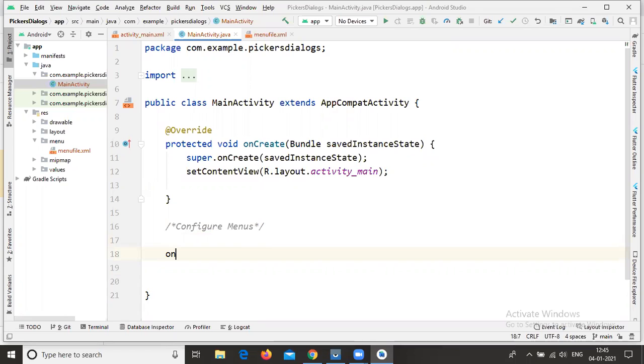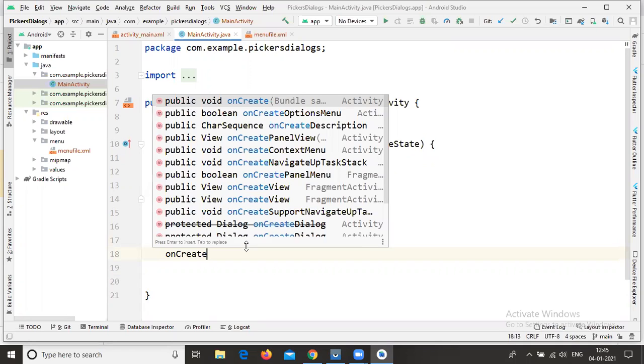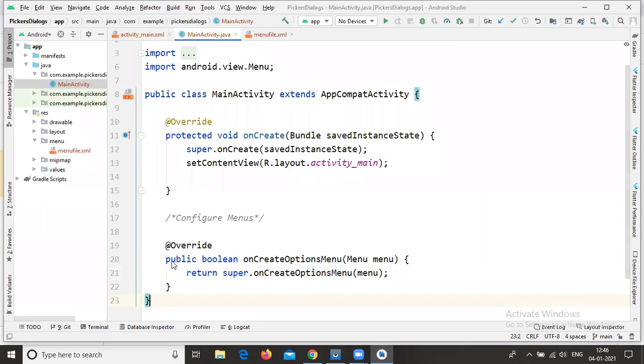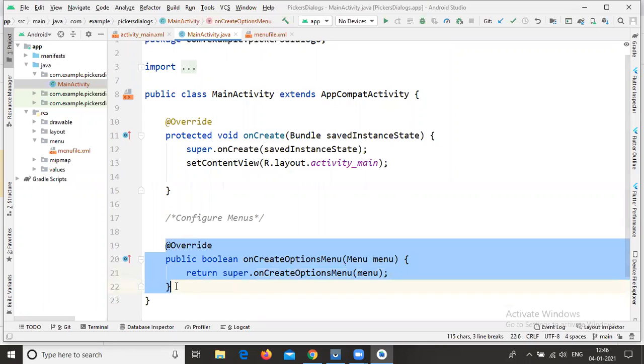Just type onCreate. In the suggestions, there is an option called public boolean onCreateOptionsMenu. All of you select this one and just press enter. The method is created like this.